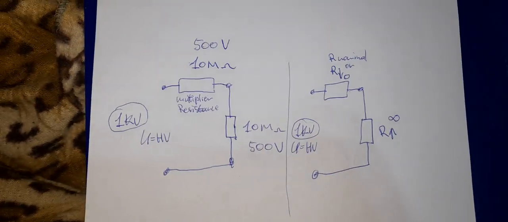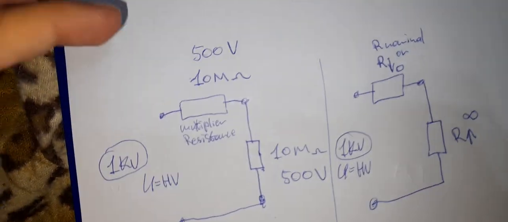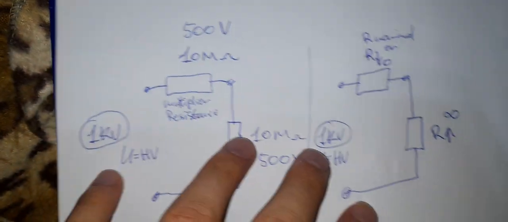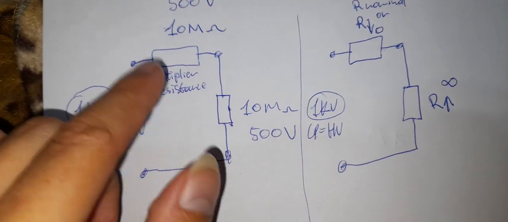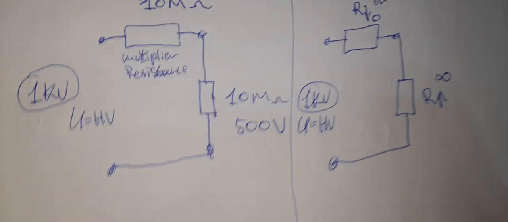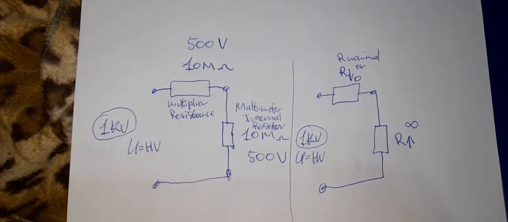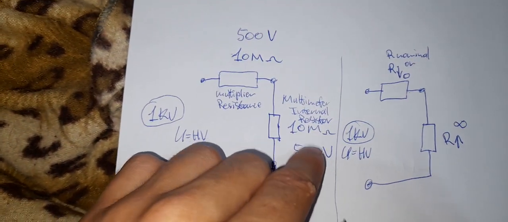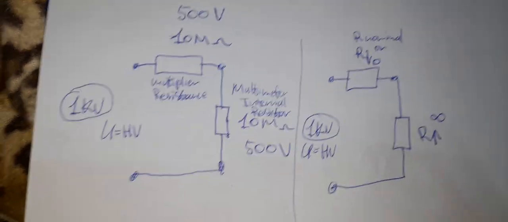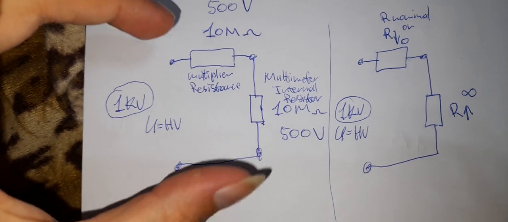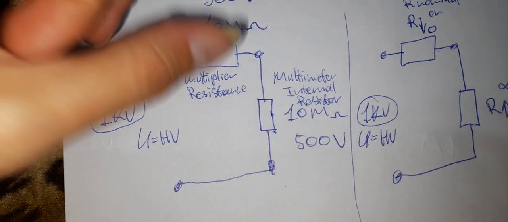So guys, I thought to make a new video but with old information, but now I will detail more things to explain why the voltage multiplier and the multimeter internal resistor, for example, if it is 10 mega ohm and if your circuit is 10 mega ohm, this will represent a voltage divider because each power supply has its own